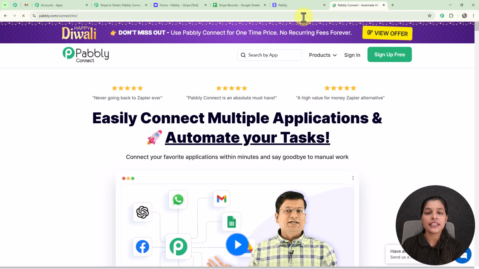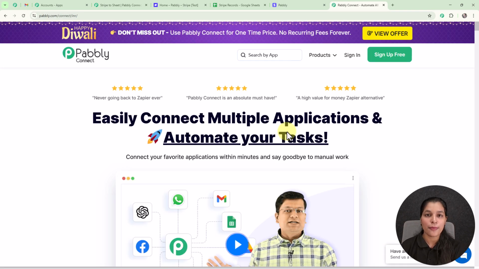and once you enter the URL, you will get the landing page of Pabbly, and here you can see we are getting 2 options, that is sign in and sign up free. If you are a new user, you can simply click this sign up free, but if you are an existing user, you can simply click this sign in. And if you sign up your account for free over Pabbly Connect, you get 100 free tasks every month